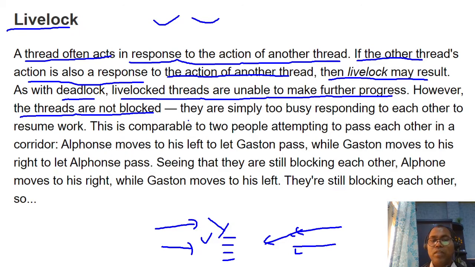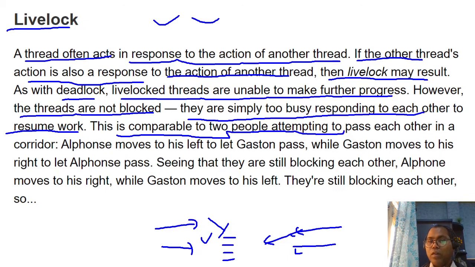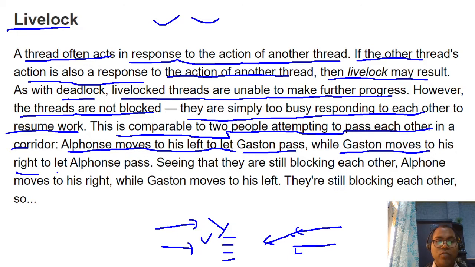That means they are simply too busy responding to each other. It is comparable to two people attempting to pass each other in a corridor. For example, Alphonse moves to his left to let Gaston pass, while Gaston moves to his right to let Alphonse pass.